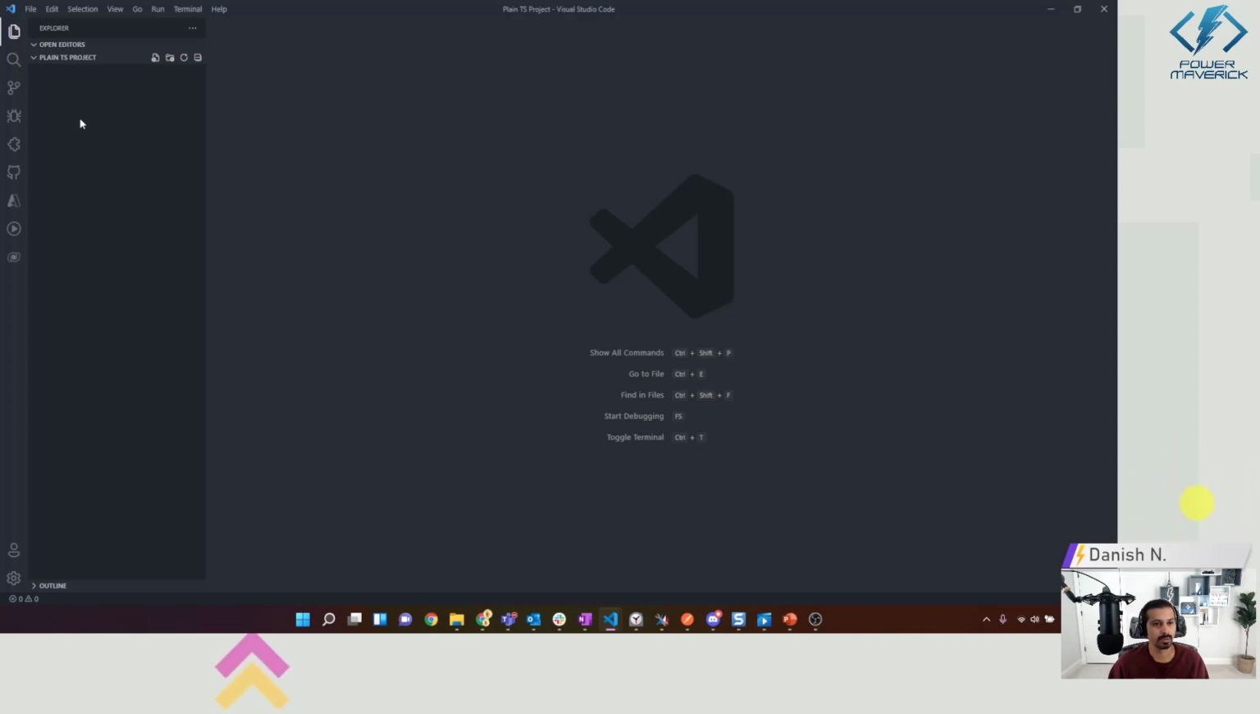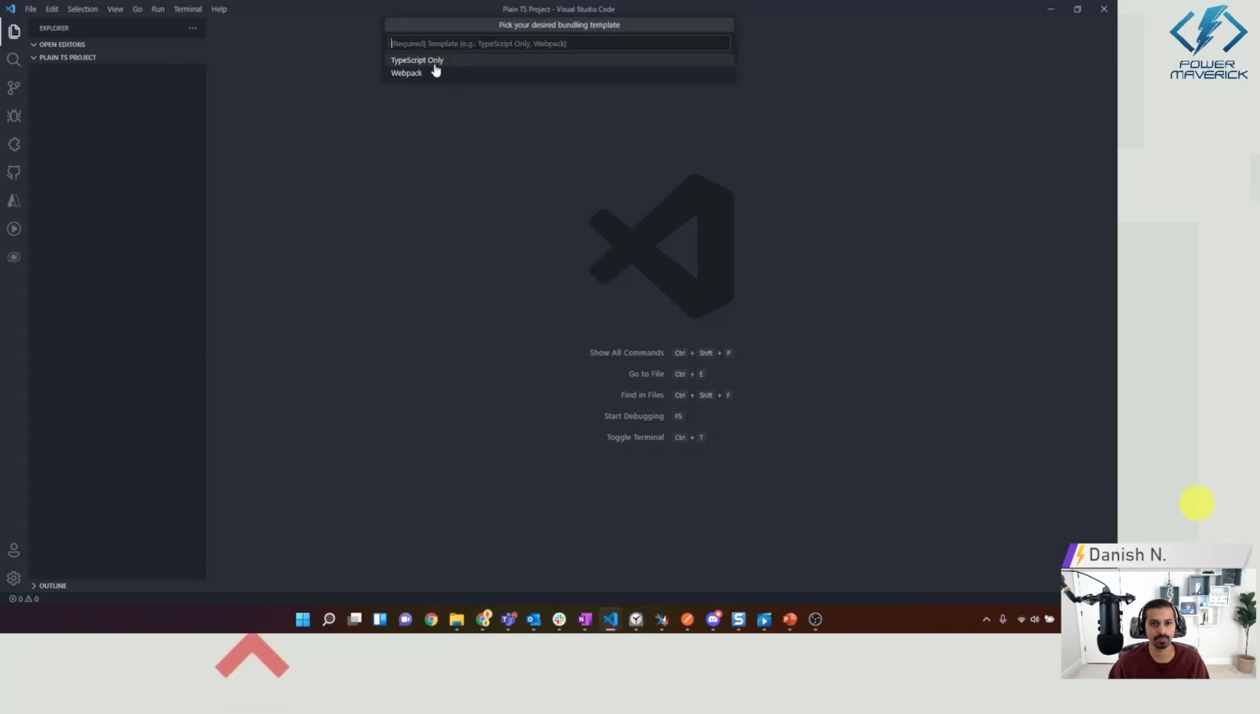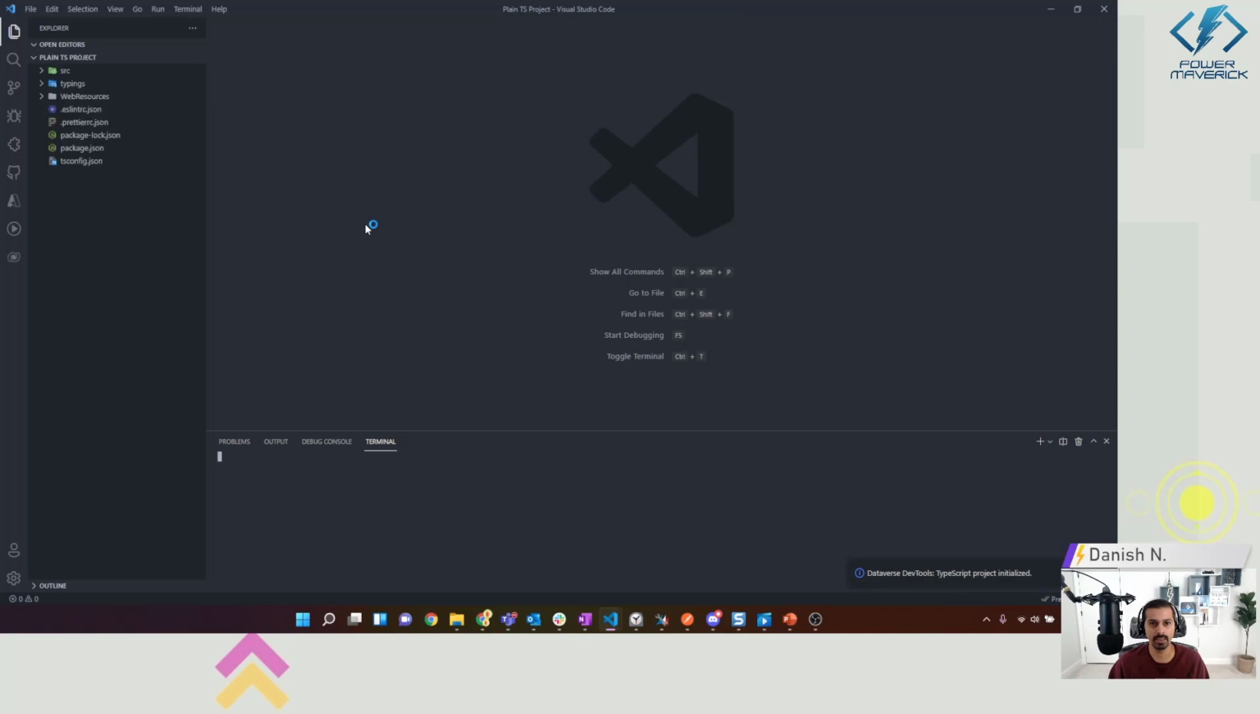So let's get started. First, we are going to look at the plain TypeScript project, and then we are going to do the webpack project and compare how that differs and how it is also similar. There's no difference in how you code things, but the output is different and how you configure it is different. That's what we're going to look at. So first we'll go with the plain TypeScript project. We'll do create Dataverse TypeScript project, and we'll say TypeScript only,